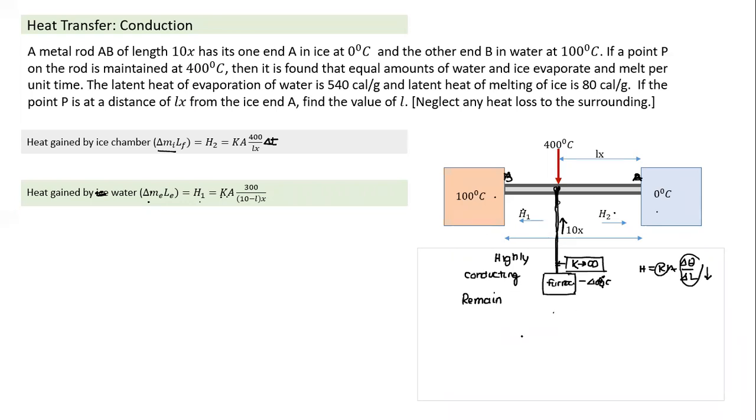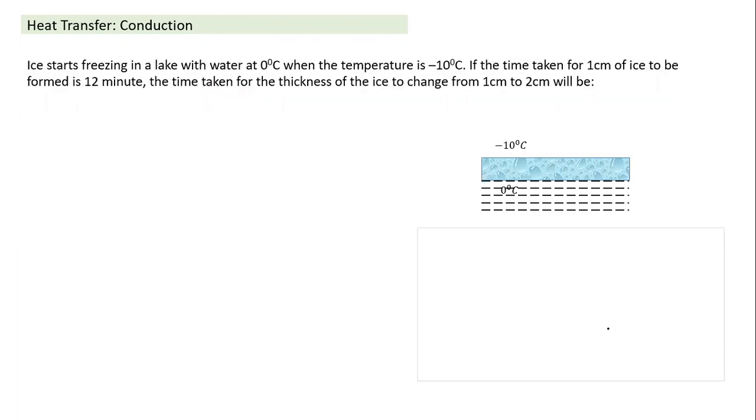So whatever heat is given, it is something like this. If you have a long rod, typically if I heat the rod at one end, this temperature becomes higher, this becomes lower. But if K is extremely high, as soon as we add certain heat at one end, that heat gets distributed all through the rod almost instantaneously. So at any instant of time, it will always have the same temperature.